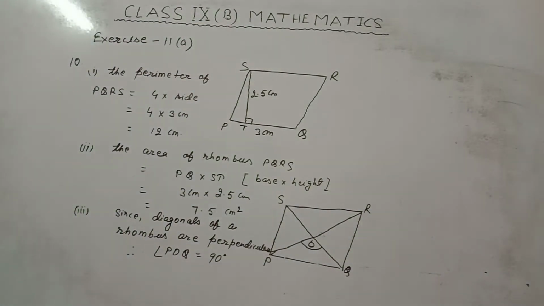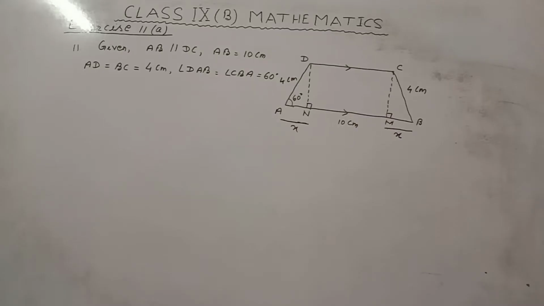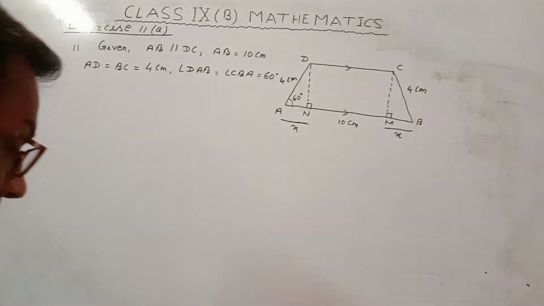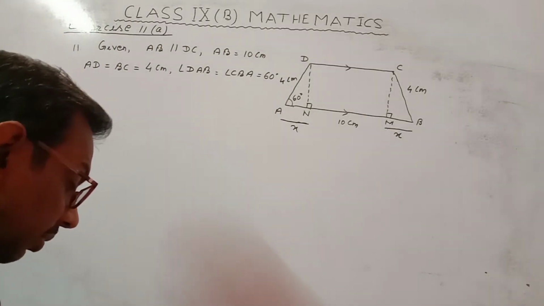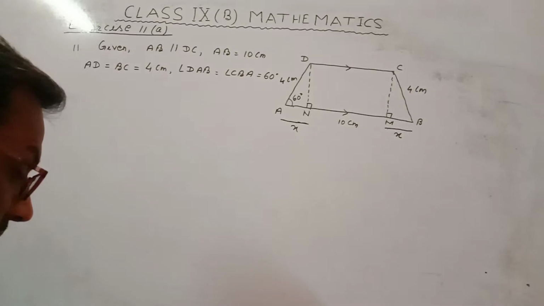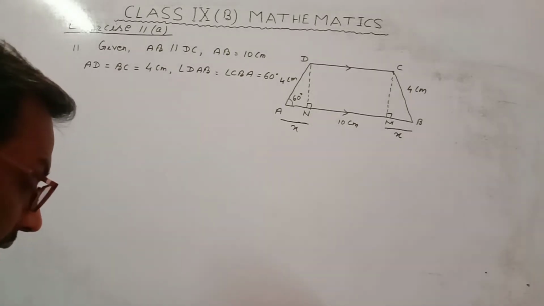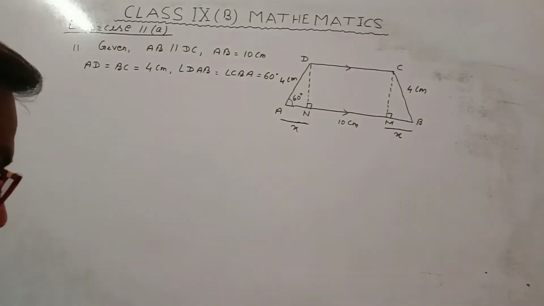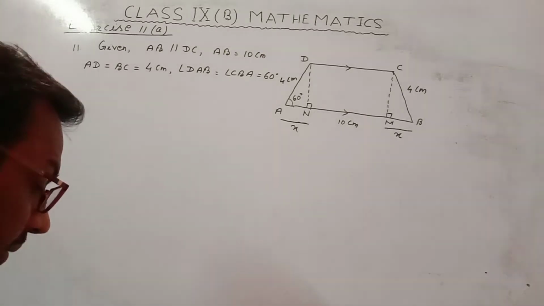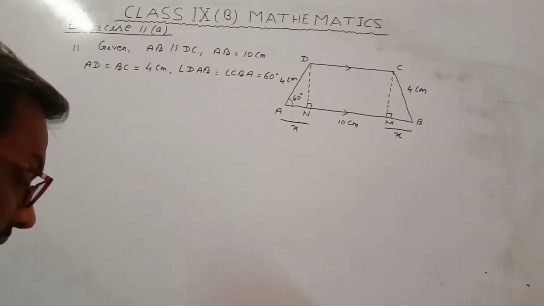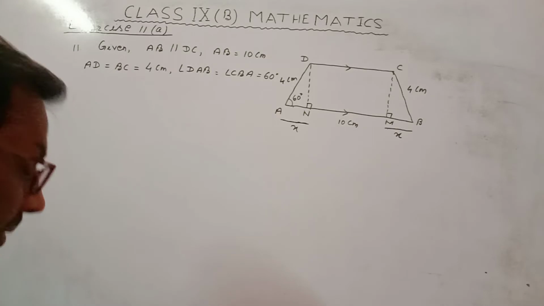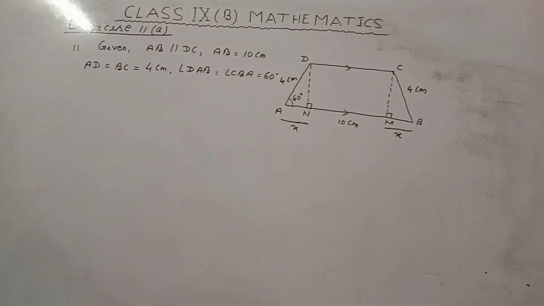Question number 11 states that ABCD is a trapezium with AB parallel to DC. If AB equal to 10 centimeter, AD equal to BC equal to 4 centimeter, and angle DAB equal to angle CBA equal to 60 degree, then calculate Roman number 1, the length of CD, Roman number 2, the distance between AB and CD. So in this question, the given informations are